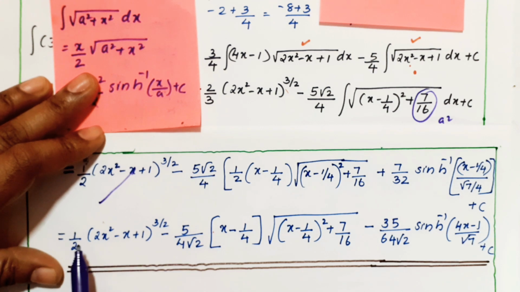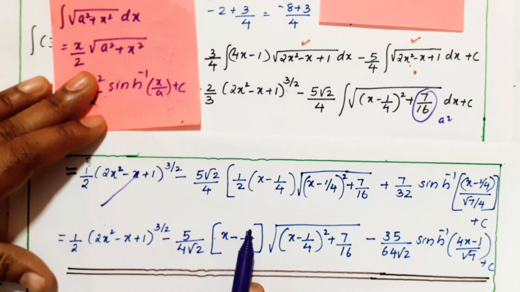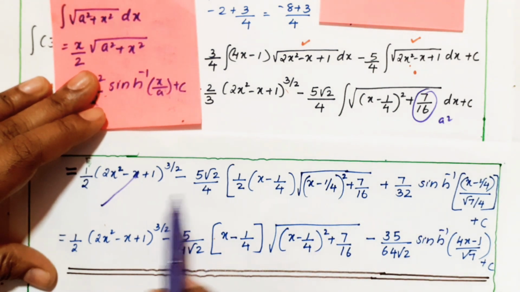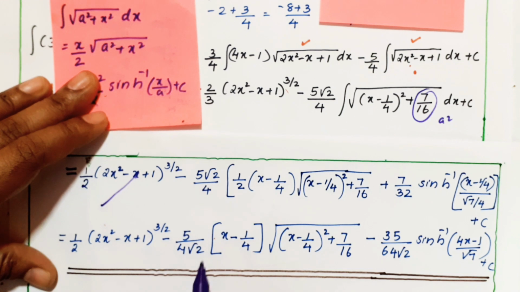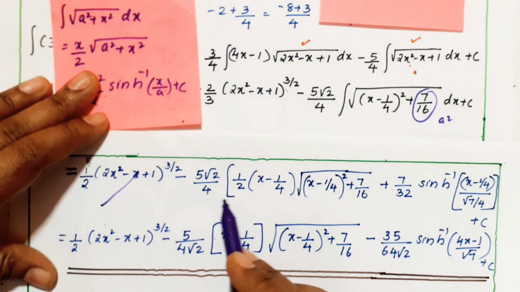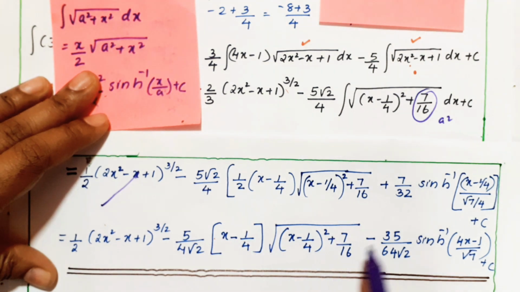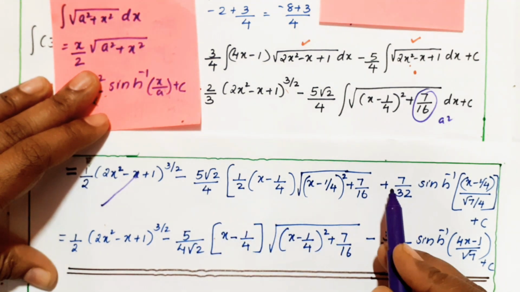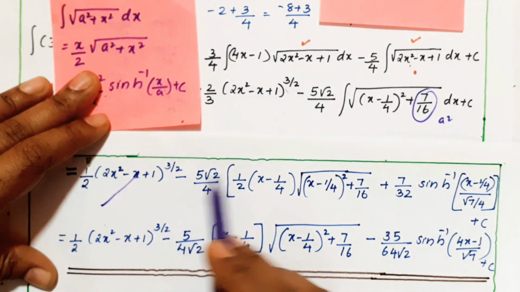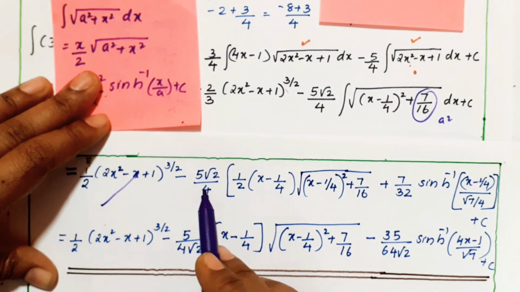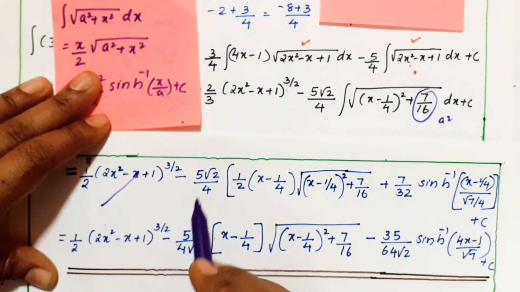So what I did is, here you see 1 by 2 I have written the same term. Okay, so here 1 by 2 is there. We have taken here, we are multiplying, so that is the reason we are getting here x minus 1 by 4. I am just opening the bracket, I am writing. Okay, so this 2 and this root 2 get cancelled and the denominator root 2 is coming. So x minus 1 by 4 root over the same term. This minus multiplying inside, so same terms, 5 into 7, 35. Root 2 is there, right? So 4 into this one. So I am just cancelling it with that.